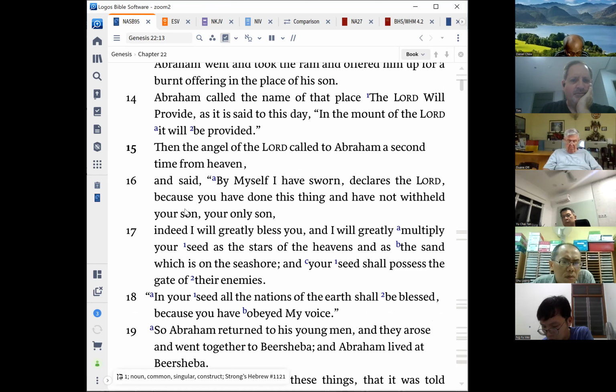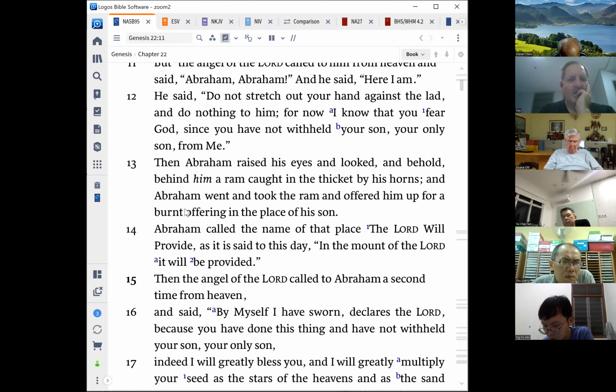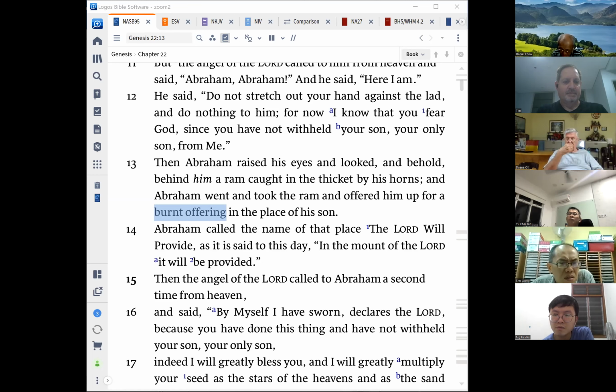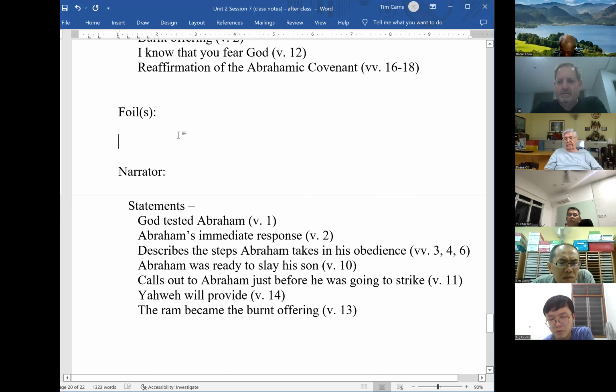Anyone catch anything else? I guess maybe, as Fu Wei had noticed before, the repeating of burnt offering. You know, the narrator mentions that specifically, that the ram was the burnt offering. Anything else? This is probably a good